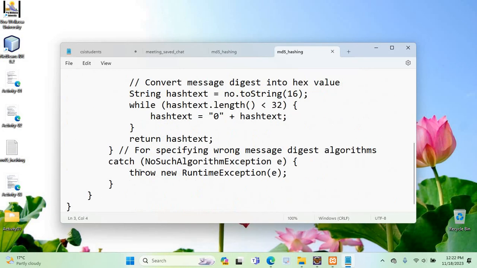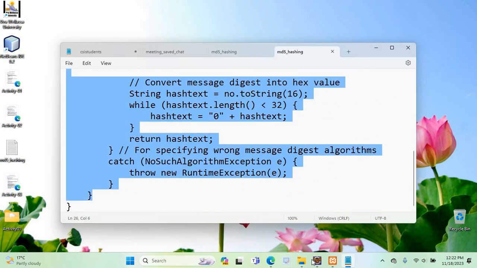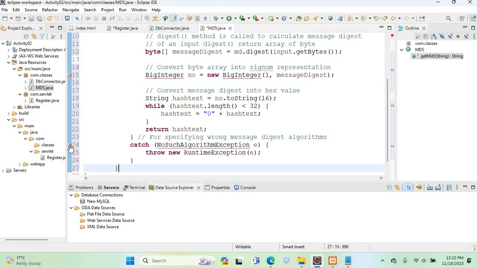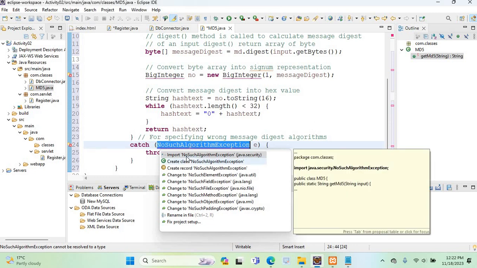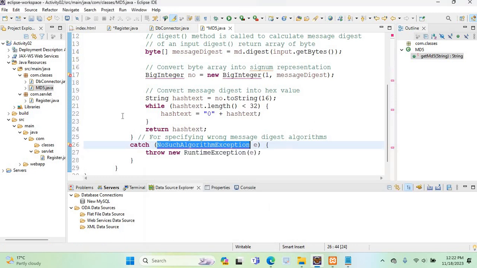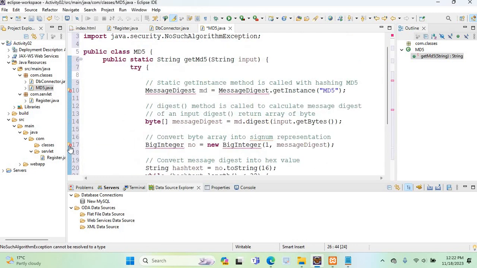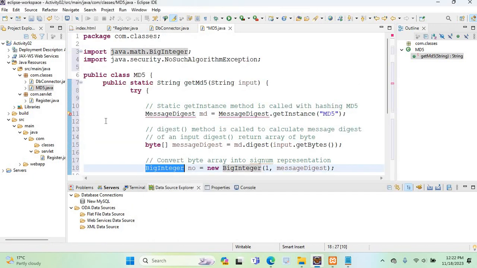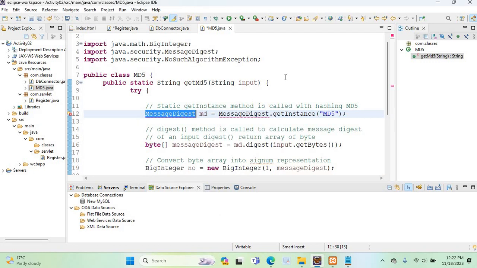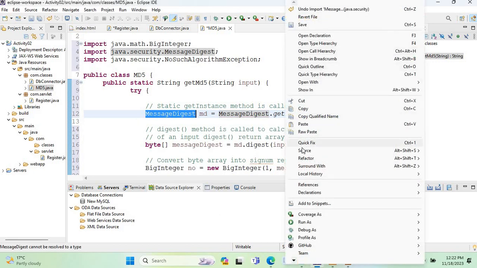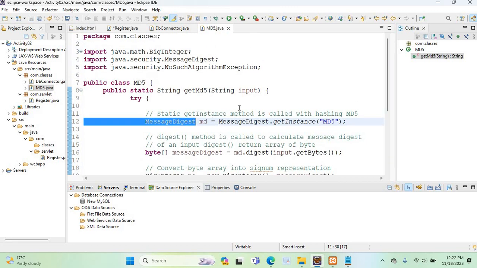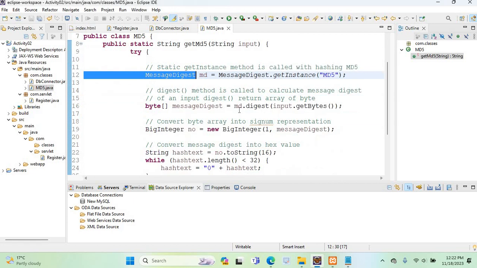So I'm going to copy this one and paste it here like this, and I need to add some packages. That means I'm using some libraries here, so we need to add those libraries first. Okay, now I have added all these things, so I'm just doing the formatting now. Okay, format. This is the MD5 class. So this is the class that we are going to use to